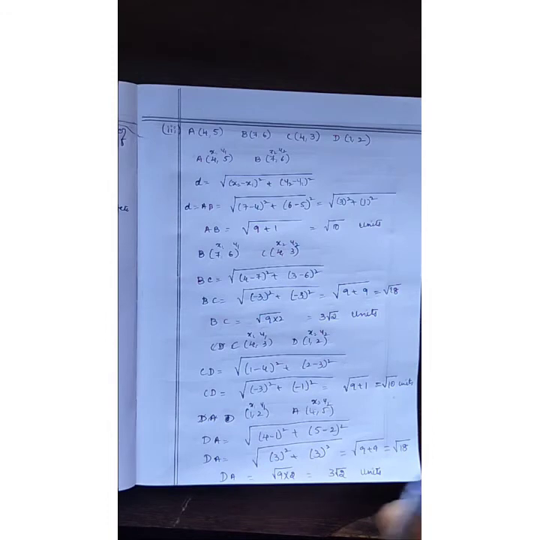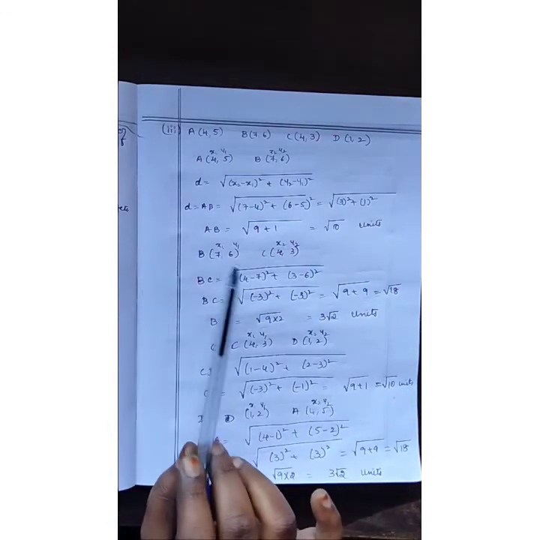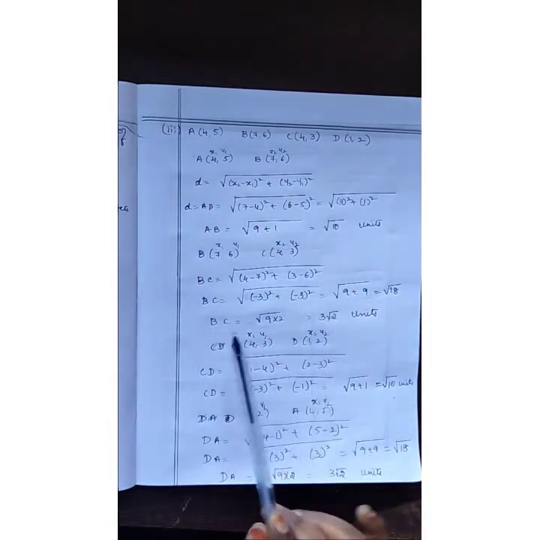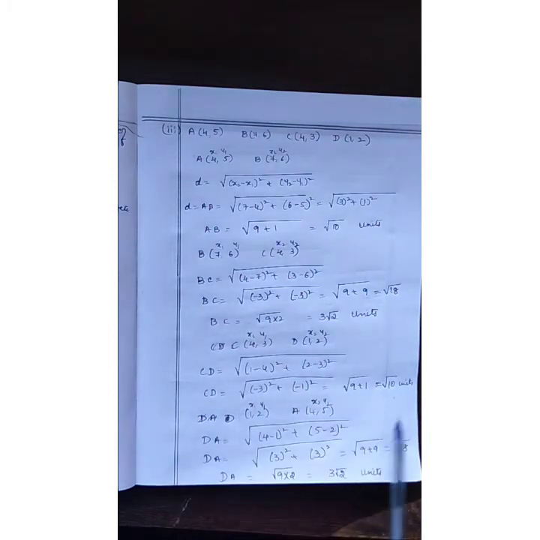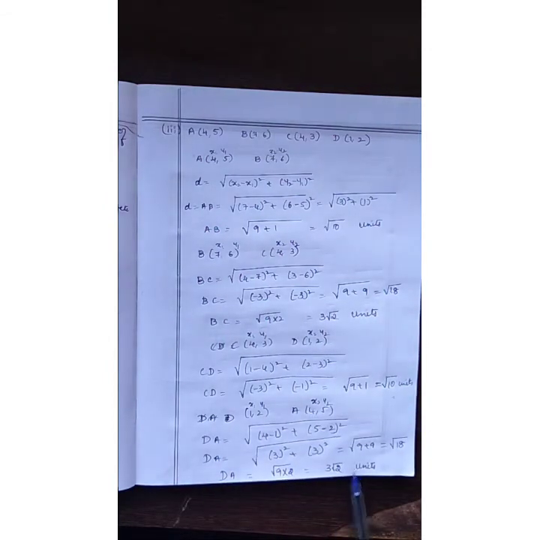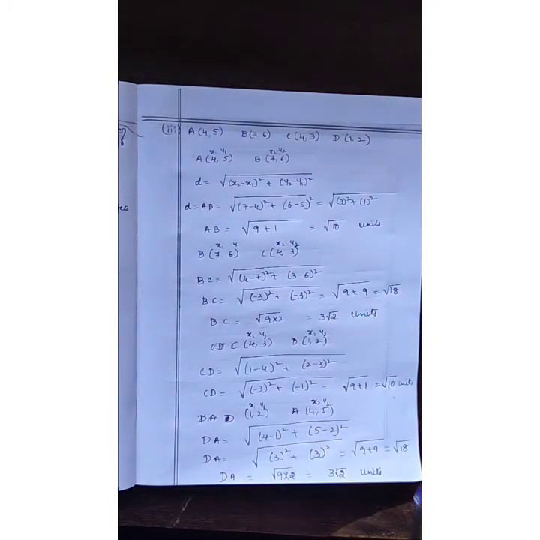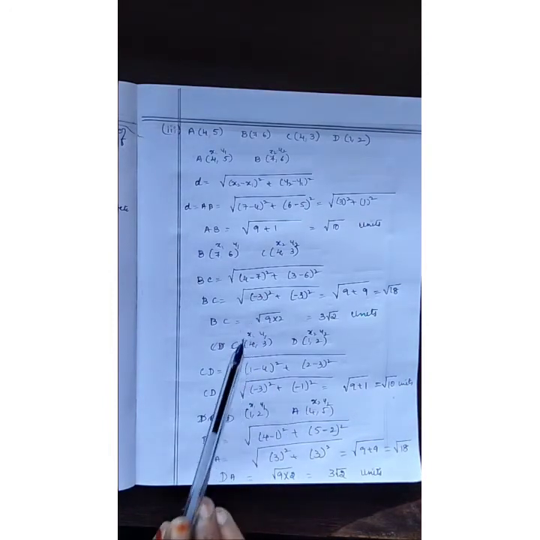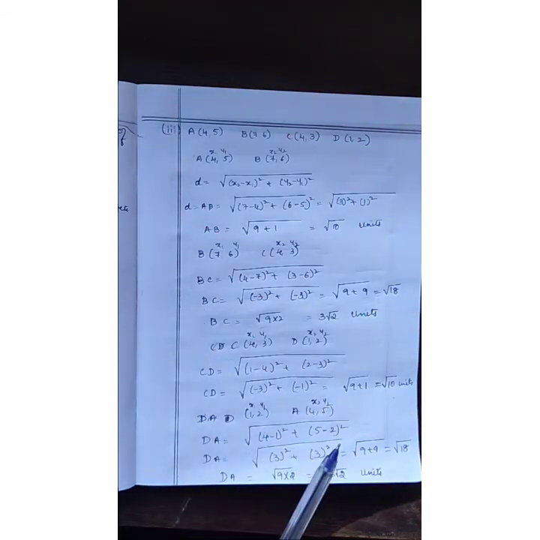See children, here we got two sets of values, opposite sides values we got the same. Here AB equals root 10, CD equals root 10, the same we got. Next, BC equals 3 root 2 units we got and DA equals 3 root 2. It means it may be a rectangle, no, a parallelogram. Now we have to check the diagonals. If diagonals are equal, then it indicates that the given quadrilateral is a rectangle. If diagonals are unequal, then it indicates that the given quadrilateral, with these points, is a parallelogram. Okay, now we will check the diagonals.